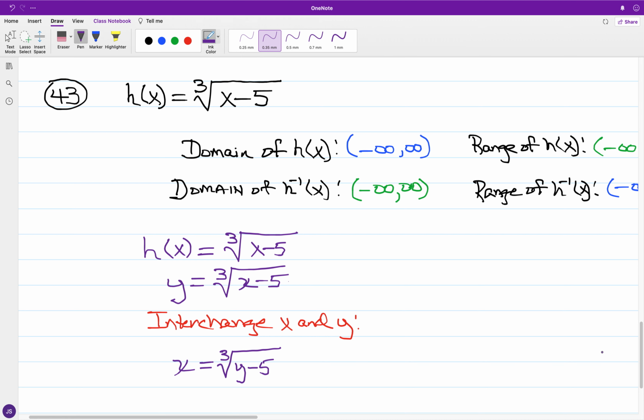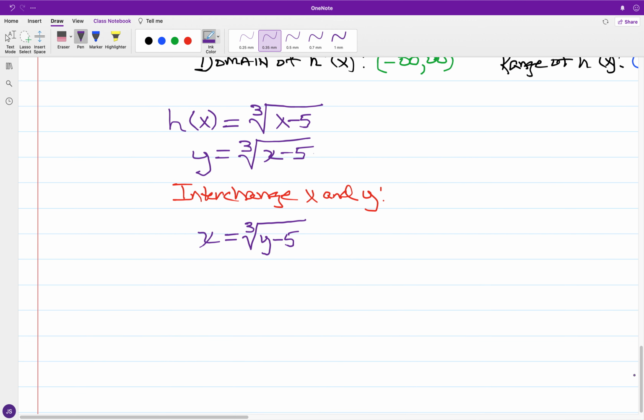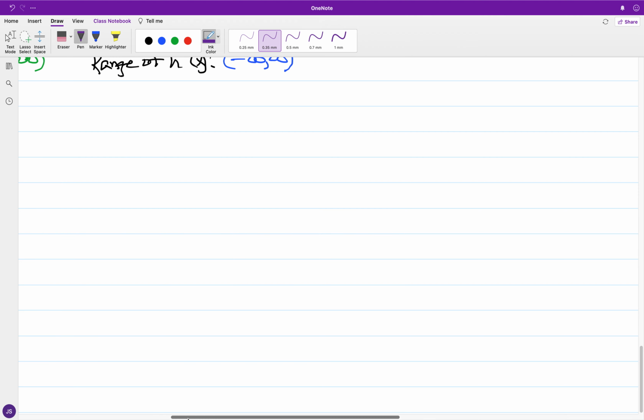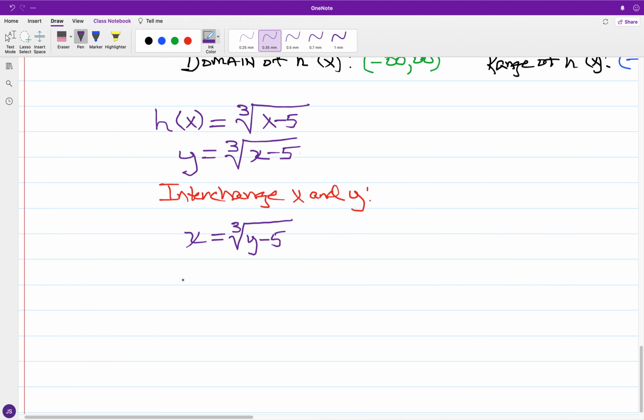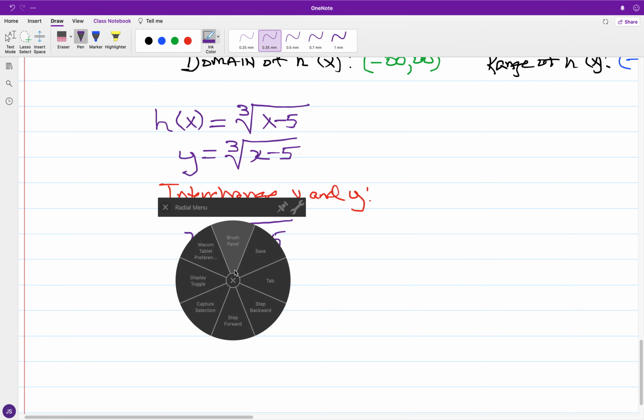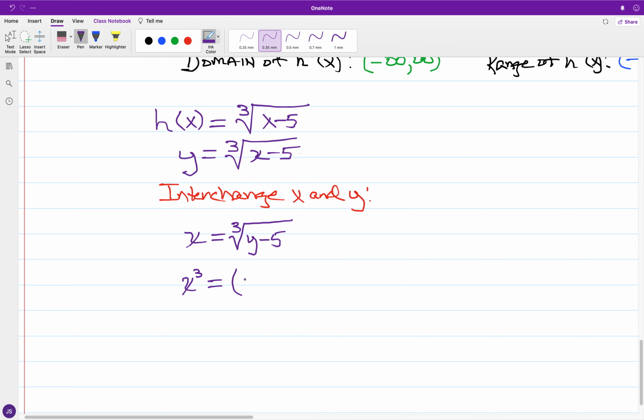Okay, so we have x is equal to the cubic root of y minus 5, and then to free up the y expression. Okay, so if I take both sides and raise to the third power, okay, so we're going to have x cubed is equal to y minus 5. Okay, and we have in following through. Okay, so if I add 5 to both ends,